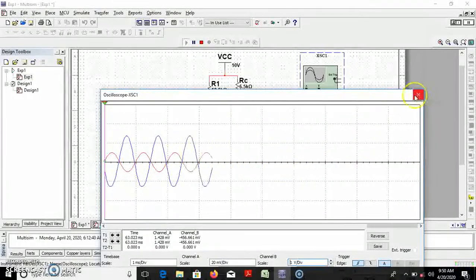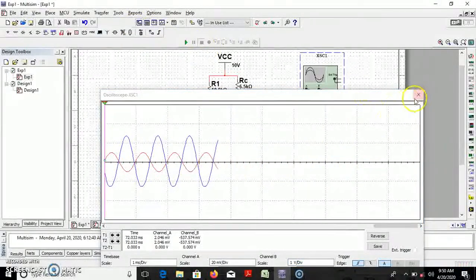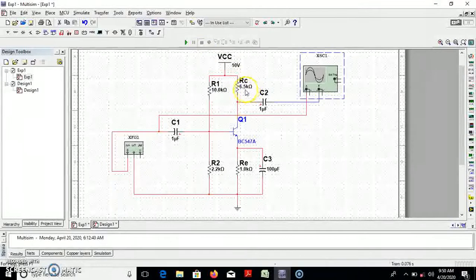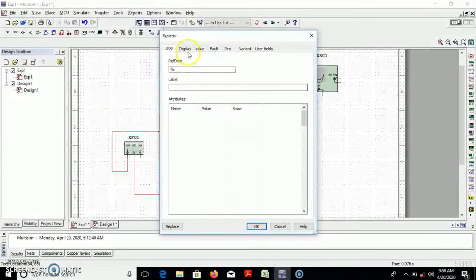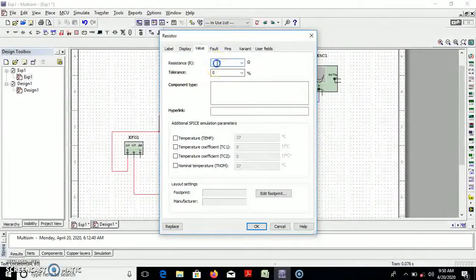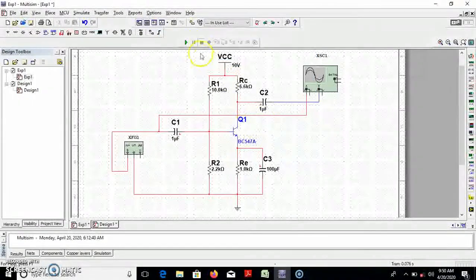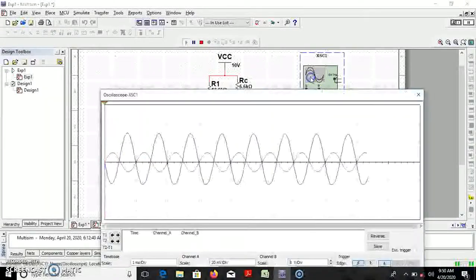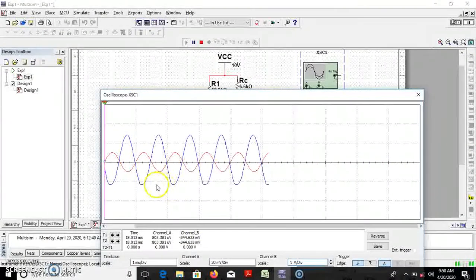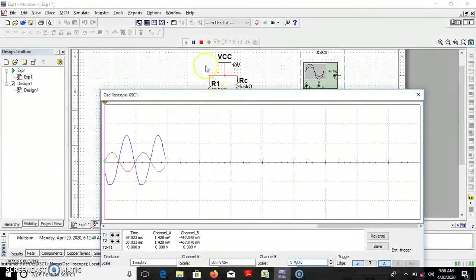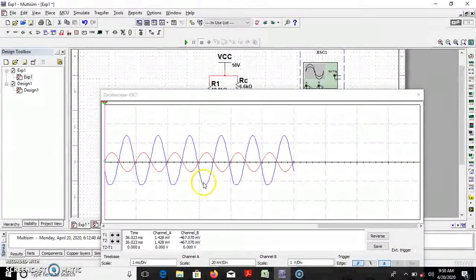Now, once we observe more outcomes, close it. Now select 6.6 kilo instead of 6.5. Slightly we increase the value of RC, and now somewhat more clipping is observed. If you stop this, somewhat more clipping is observed.